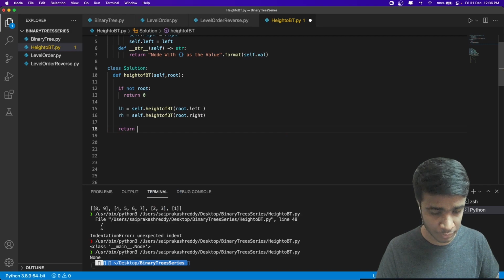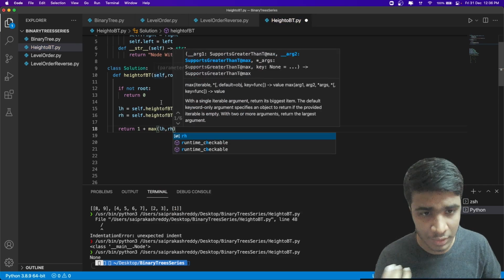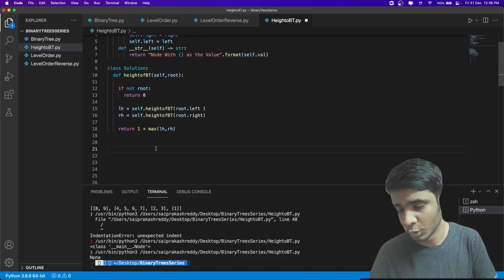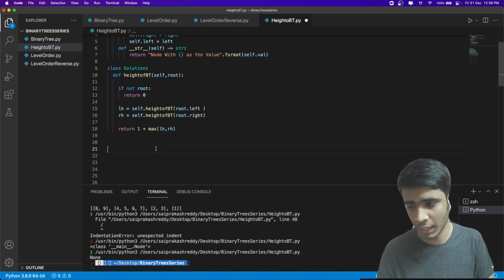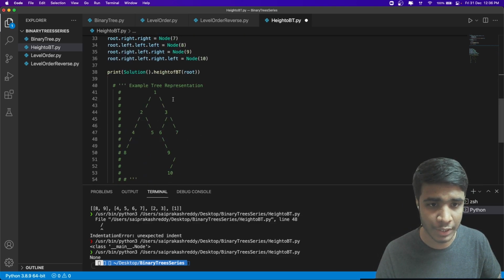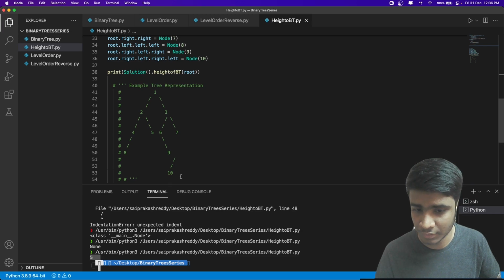and I can simply look at those answers and find which one is the maximum. So from LH, RH, I will see what is the maximum of that, and I would add 1 to that, right? Because root will have height 1, I can add 1 height to its children, right? So that's how it works, and we are calling it on this tree, and it should be 1, 2, 3, 4, 5. We are expecting the answer as 5. Let's run this, and that's the answer, right?